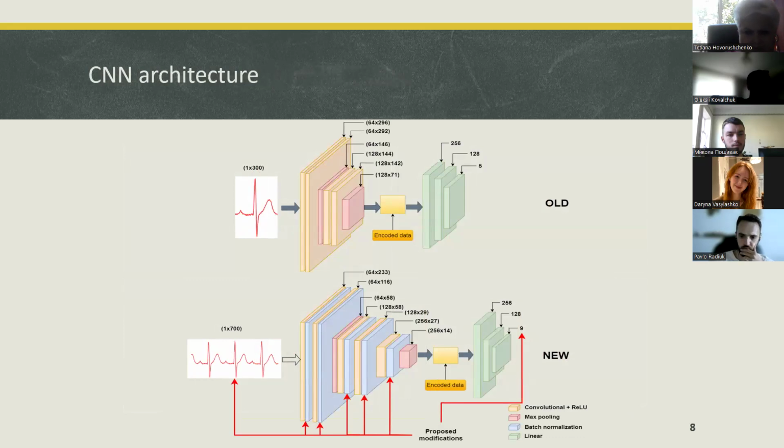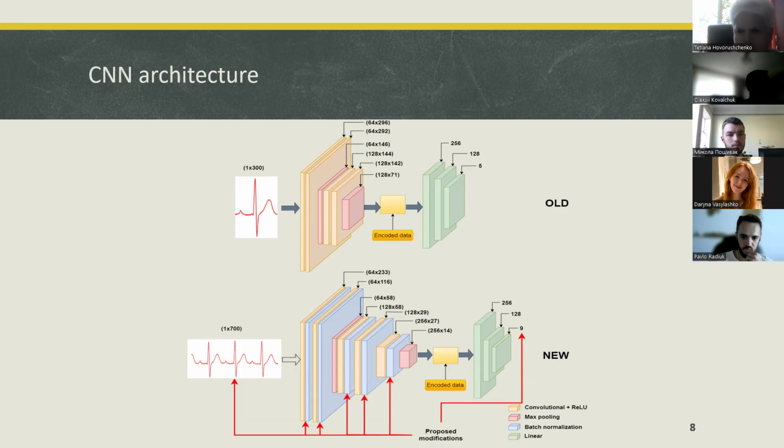Created fragments from the previous step are passed to the second step, where fragments are classified by the CNN model. In this work, we propose some enhancement of a CNN model architecture created for a similar electrocardiogram classification task and presented in the paper named Electrocardiogram Heartbeat Classification using Convolutional Neural Network. To achieve better results and increase the number of supported pathology classes for classification, we propose the following improvements to the CNN